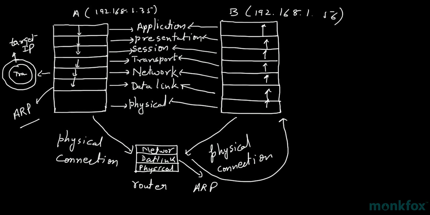When A and B are far apart, they are connected by many different routers in between. This process again goes through multiple hops. So if there is another router in between this router and B, then the data link layer will send an ARP request, nobody will respond, and it will send the packet to the next router's MAC address, and then the same process of ARP requests will happen. So this is how typically a MAC address works,